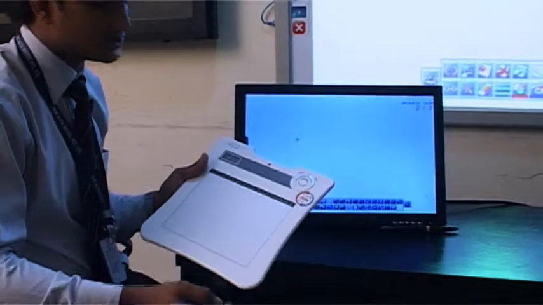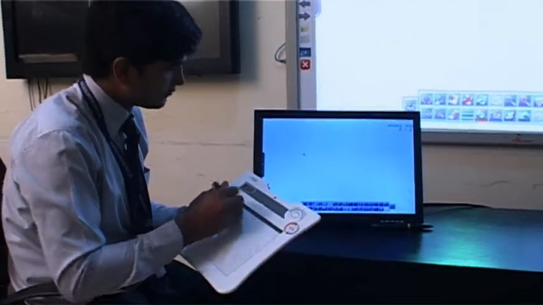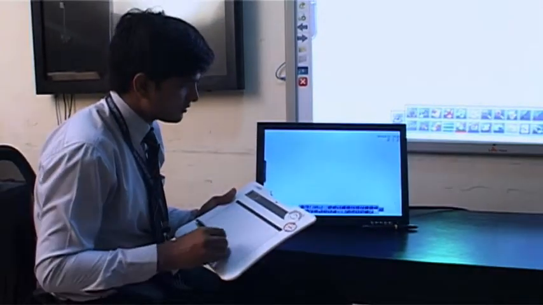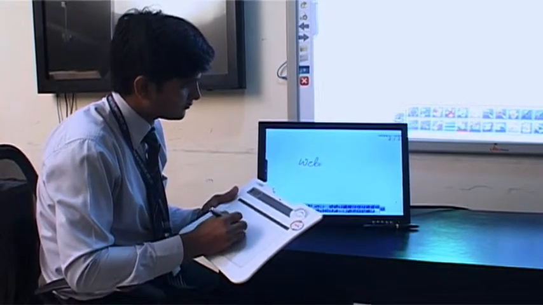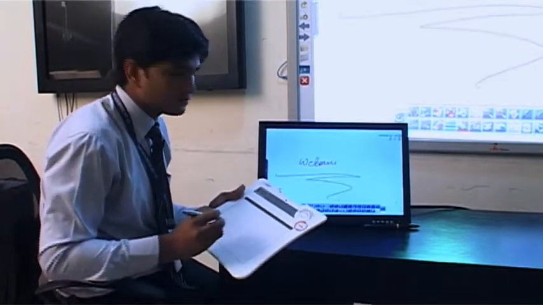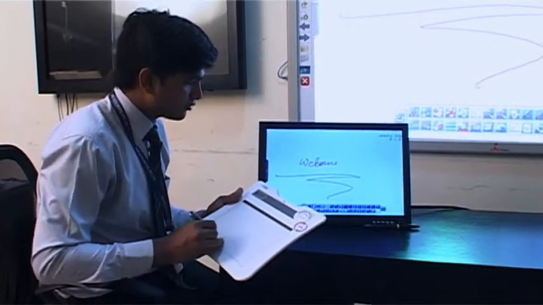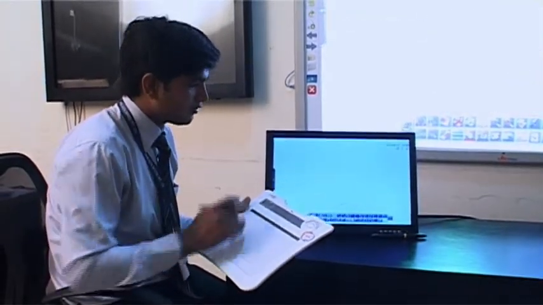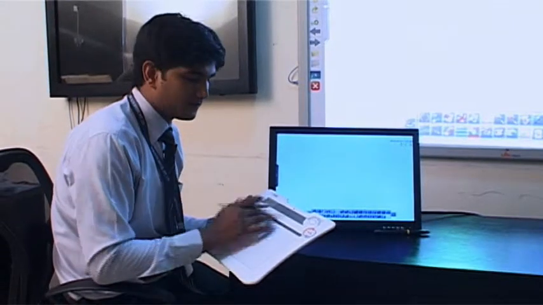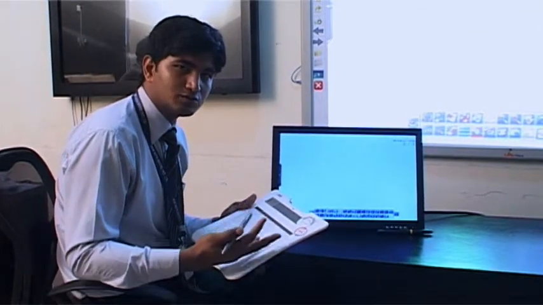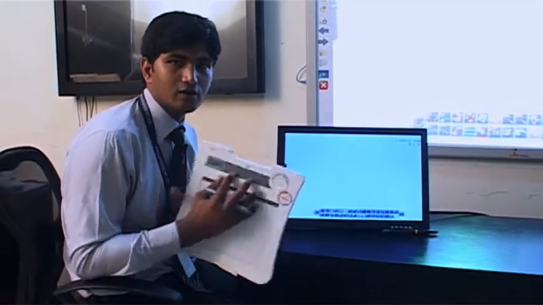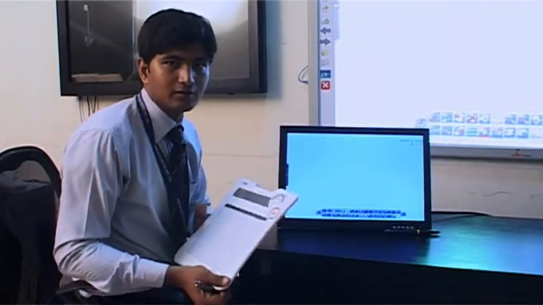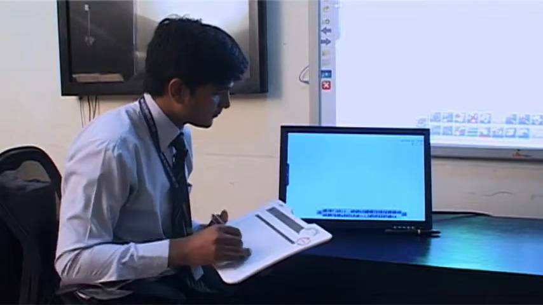have any screen on it. If I want to write anything, I just have to take my pen and write. So I can write, and I can control all my PC applications, all the background applications, with this pad. This is like a mouse pad we use on a computer or laptop. It is the same as that, but we can roam around with this pad within around 50 meters diameter in the classroom.